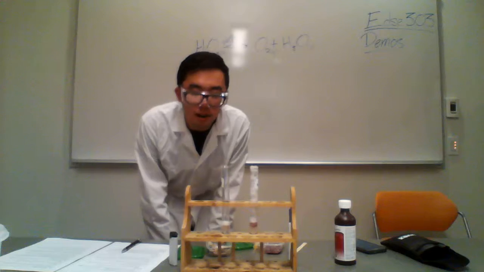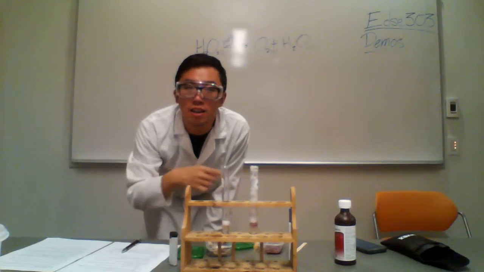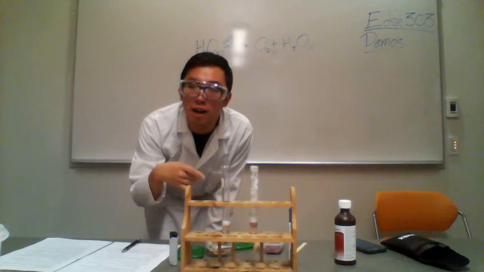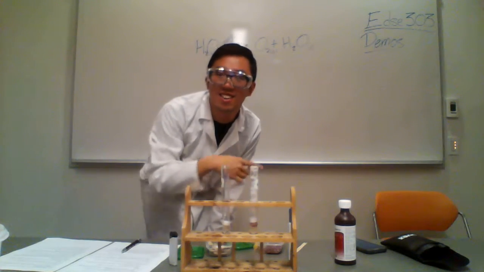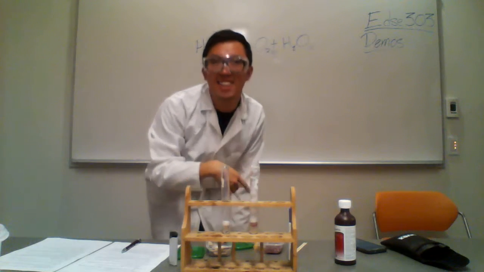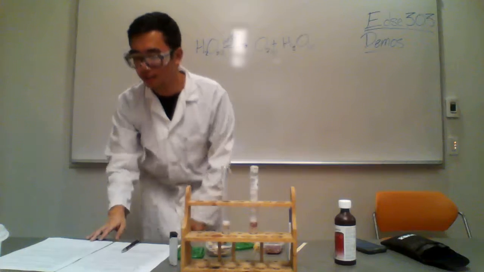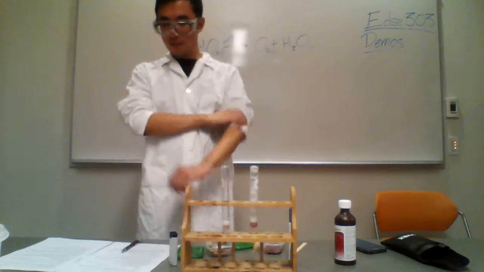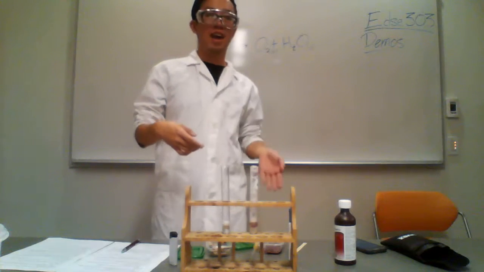So yeah, what part of this reaction, what part of the enzyme do you think is being affected the most by the substrate catalase? If you were paying attention in class earlier, the active site is what's being affected the most. So yeah, and why is that? It's because peroxide is the substrate for the catalase enzyme.